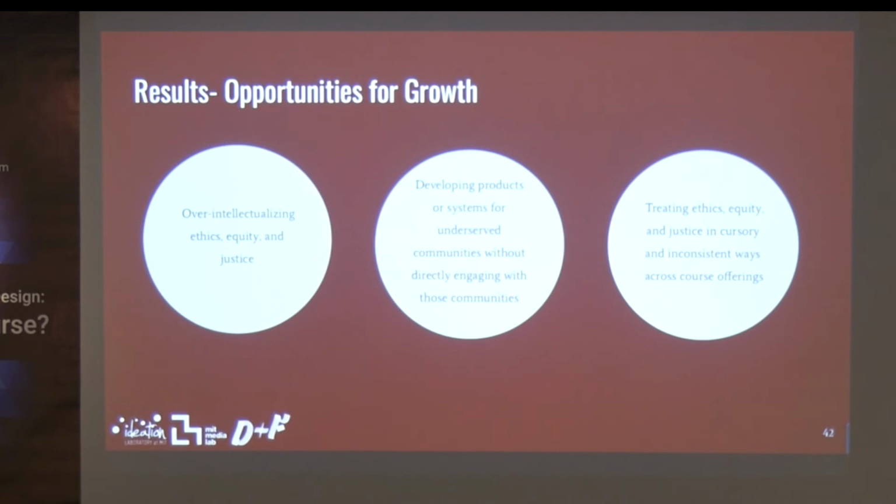So having it be high priority in some spaces, not mentioned at all in others, and having inconsistency of how the discipline treats it as important or not. And there's more details about all of these exemplars as well in the paper, so I encourage you to check that out.